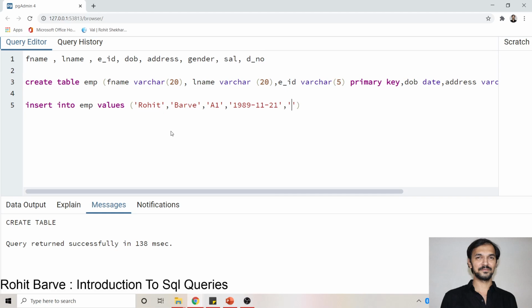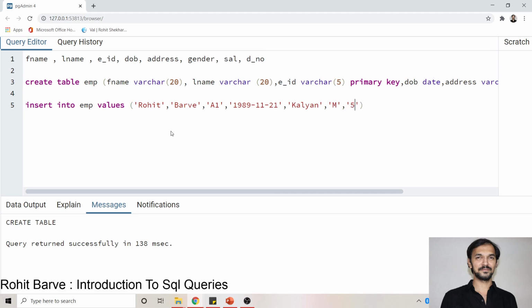So let's mention the address called name of city. I have just mentioned a short address, that is the name of city. These are some random values I am entering. Then gender, I will write M for male, F for female. Then the salary.